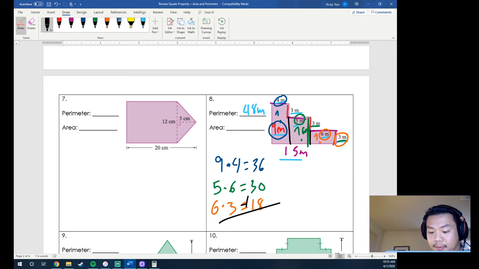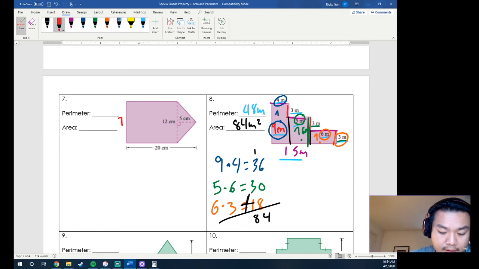Okay, and then we add them all together. That is a 4, and then that is 8. So 84 meters squared. Okay, now let's go on to number 7. All right, now number 7,